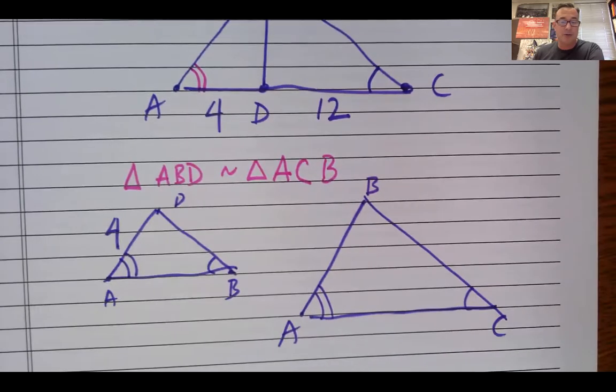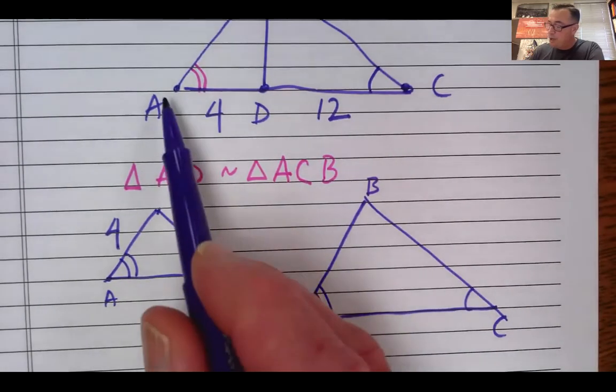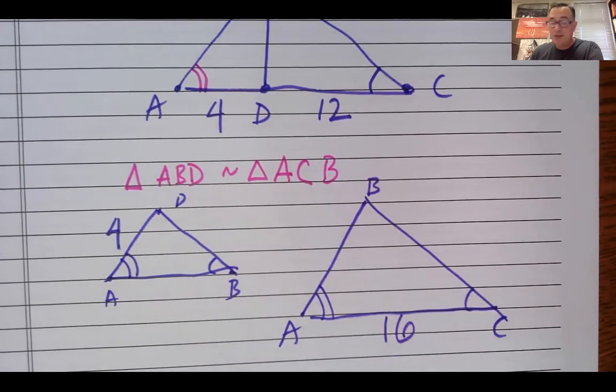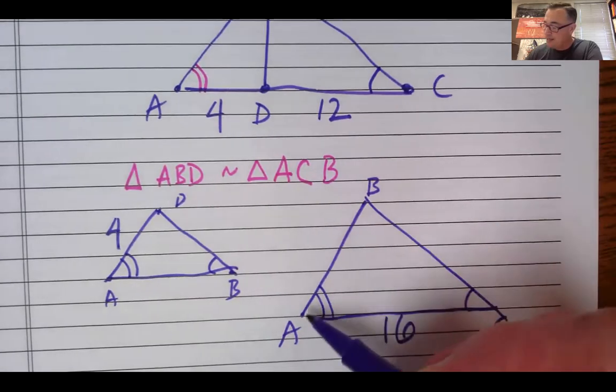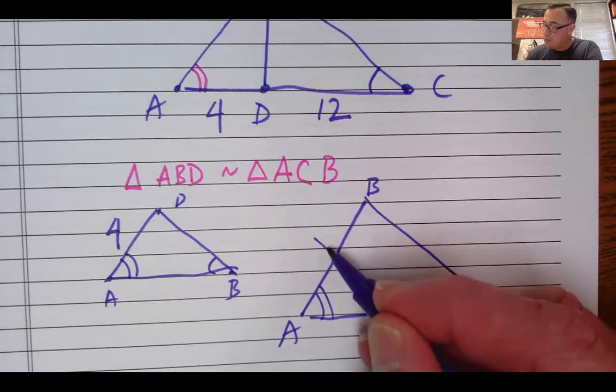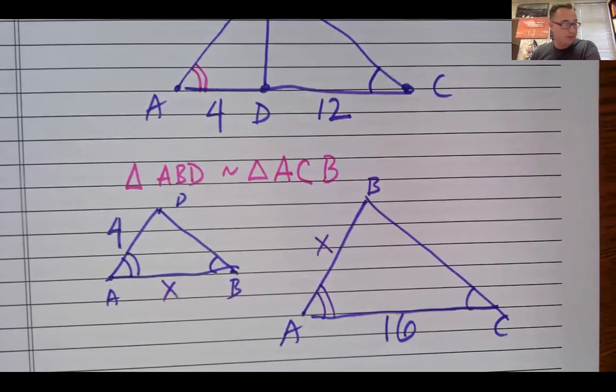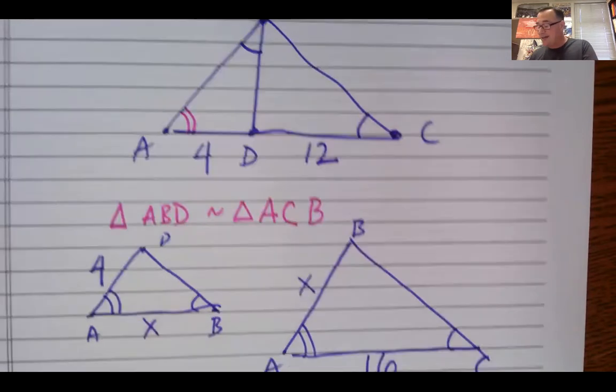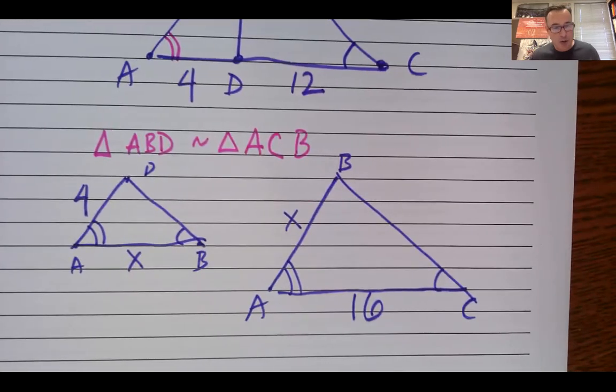Now, here's the part that I want to make sure that you can see. AC is the value that we know. That is 4 plus 12 or 16. The side that they both share that's going to be important for us to think about is the side AB. So I'm going to make this one X for both, okay? So right now what I want to do is, if that one is X, then can you guys tell me